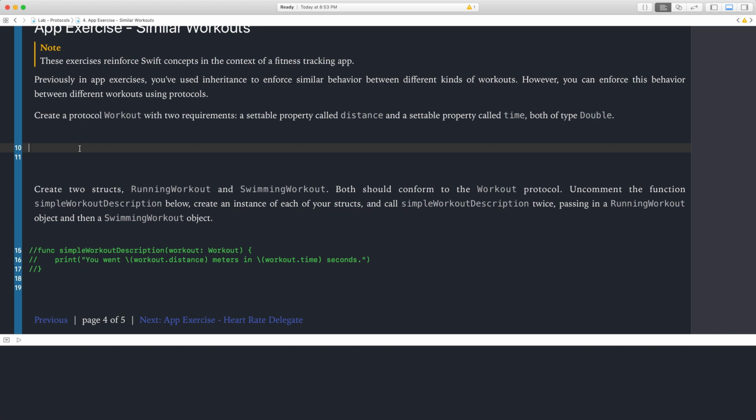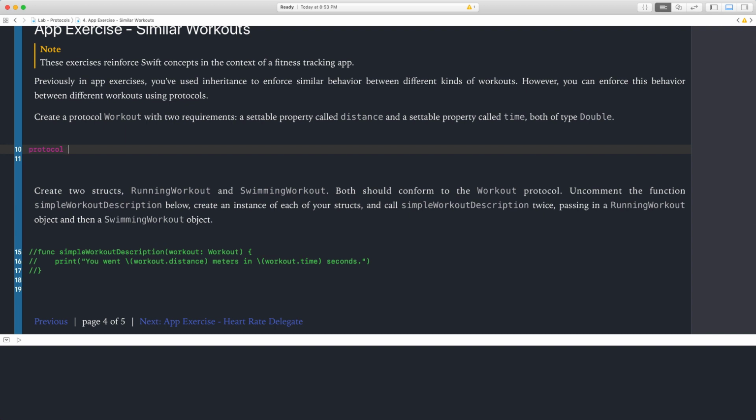So previously in app exercises, you've used inheritance to enforce similar behavior between different kinds of workouts. However, you can enforce this behavior between different workouts using protocols. Create a protocol workout with 2 requirements, a settable property called distance and a settable property called time, both of type double. Pretty easy. So protocol workout